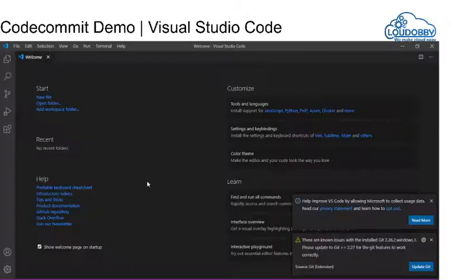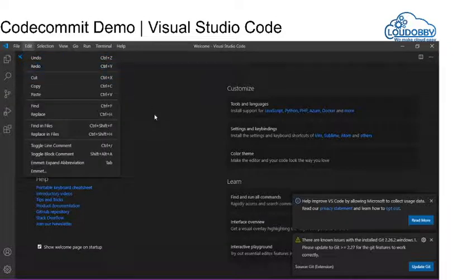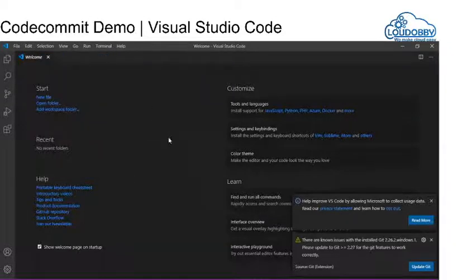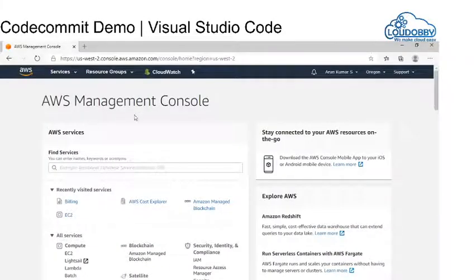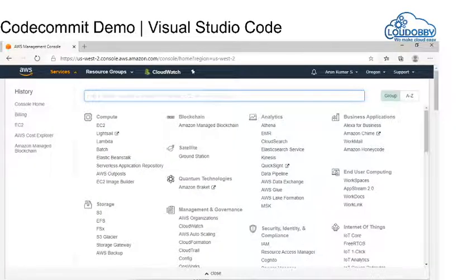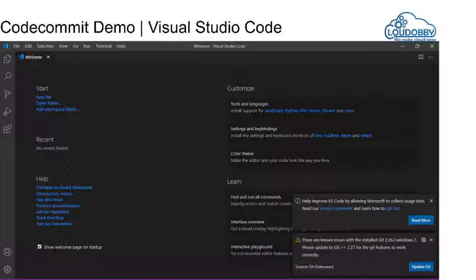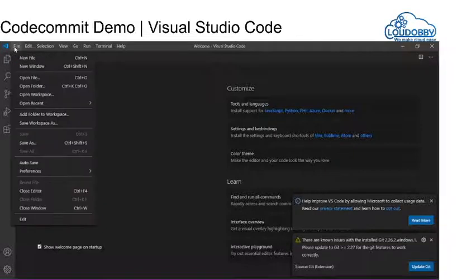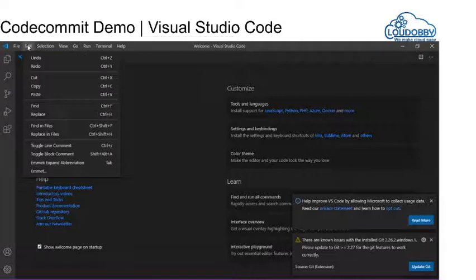So I have just installed Visual Studio Code from the internet. You can also install Visual Studio Code, or you can use any other IDE for this purpose. And I am in the AWS Management Console. Now I am going to create a code repository for my application. I am going to first create a new application. I'm going to write my application,